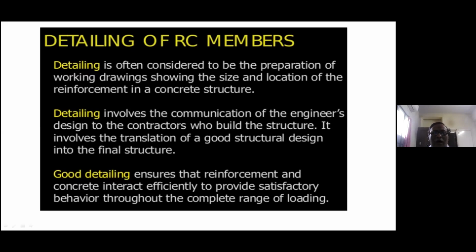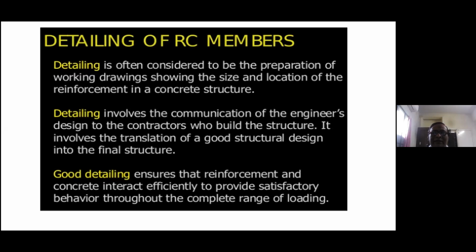Now, whenever you want to do any structural design, we provide the reinforcement in the tension zone. The design involves, first, a structural configuration. We then get the various probable loads on the structure. We do the structural analysis to find the various forces acting in the structure, like axial force, shear force, bending moment, and torsion moment. Once you know that, we design and arrive at the size of your member: what your beam size, column size, and foundation size are, and also the reinforcement required.